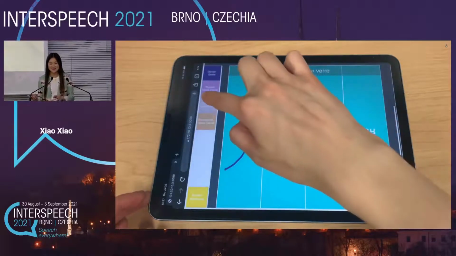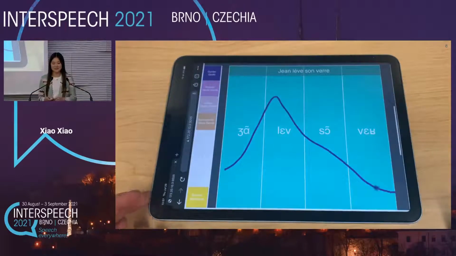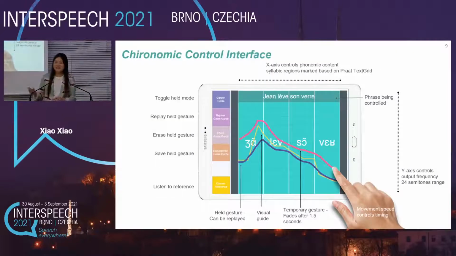Okay, well, the sound is quite low, but I'll explain afterwards what you're seeing. So basically, this is what the interface looks like, and the right section is the part that's doing the control. So the first thing that I did in the video was I pressed the yellow button to listen to the